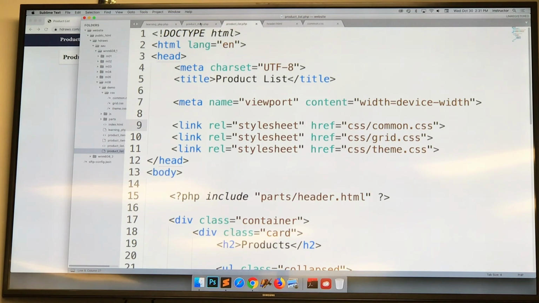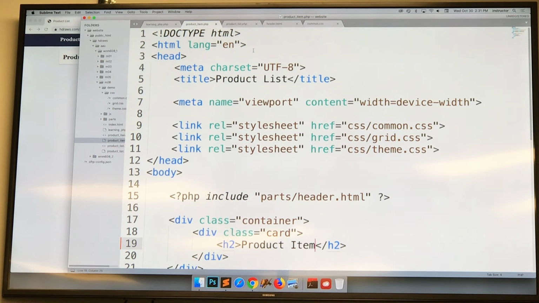Hey guys, is there anything else on these two pages that is exactly the same? Anything else? It's basically the exact same thing. Is there anything else that's basically the exact same thing? The head content, right? Now, this is an interesting concept because this is where this becomes a little bit of